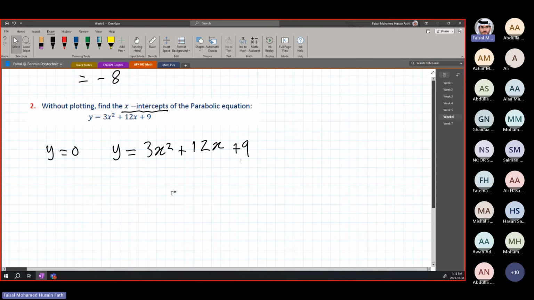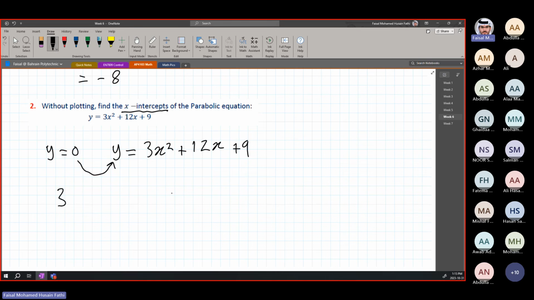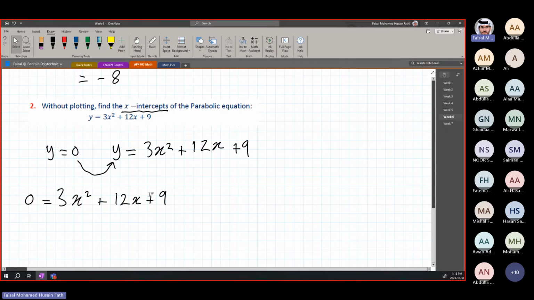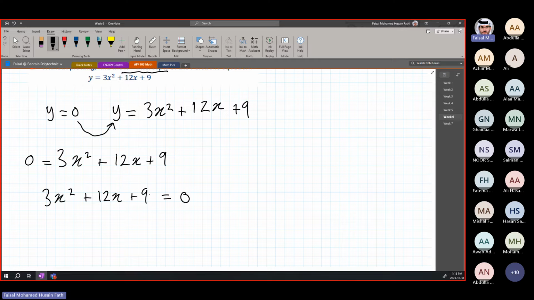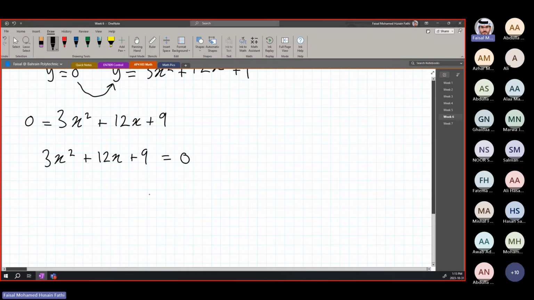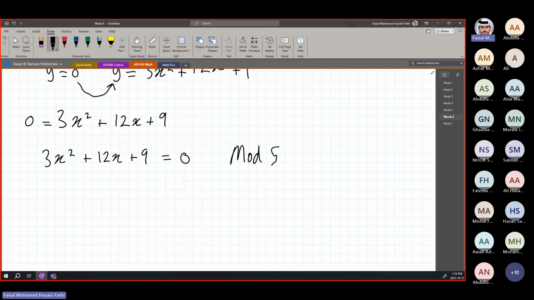To do this, like I said, y is equal to 0. We will plug that into the y, so the equation will be 0 is equal to 3x squared plus 12x plus 9. We can rewrite it so that 3x squared plus 12x plus 9 is equal to 0. I just swapped the left and right hand sides. So now we have a basic quadratic equation. You can solve this either using the solver mode on the calculator,